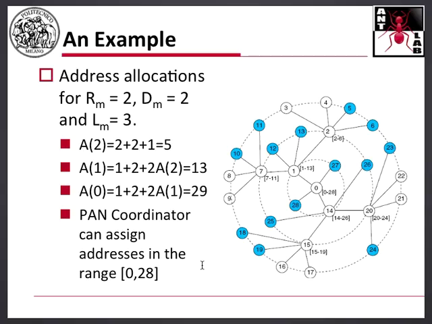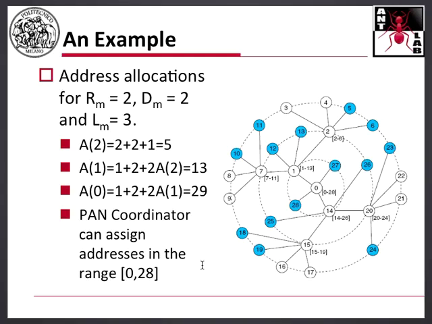Example. Suppose we have this kind of topology. So we have a tree depth of 3. So we want to enforce a tree structure with maximum 3 layers. And at each layer, we have 2 router nodes, and we have 2 maximum end devices. So let's apply the formula which we have